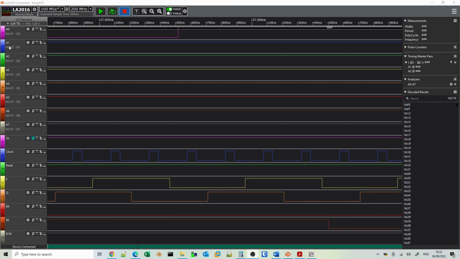I've got the A0 to A7 lines, but then what I've done is I've hooked up the 5-volt power supply line here, the 4 megahertz clock, the reset signal, the E and Q clock signals, the bus acknowledge and bus status, and the read-write signal, although we don't expect the read-write signal to do very much because no operation is just going to be reading the whole time.